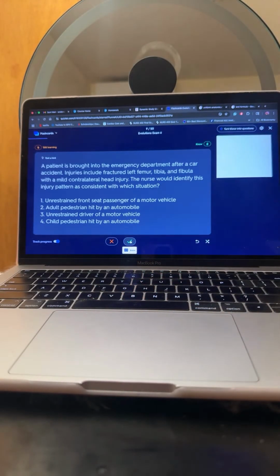A patient is brought into the ED after a car accident. Injury includes fractured left femur, tibia, fibula, with a mild contralateral head injury. The nurse would identify this injury pattern as consistent with which situation? Unrestrained front seat passenger of a motor vehicle, adult pedestrian hit by